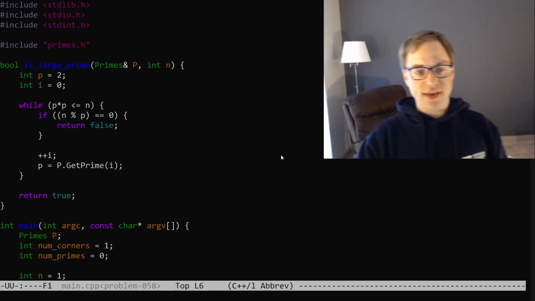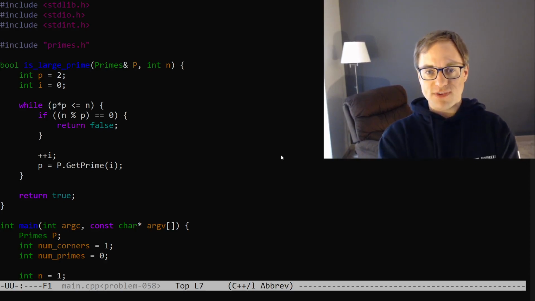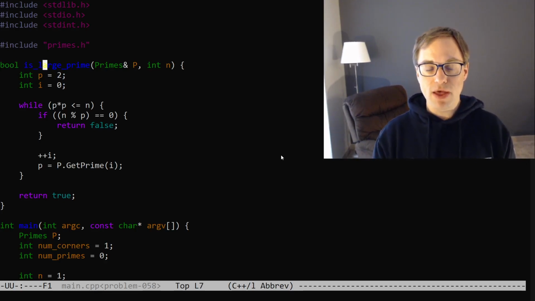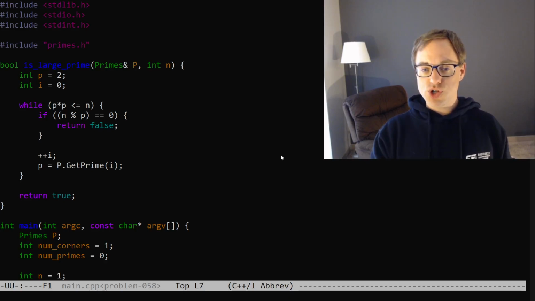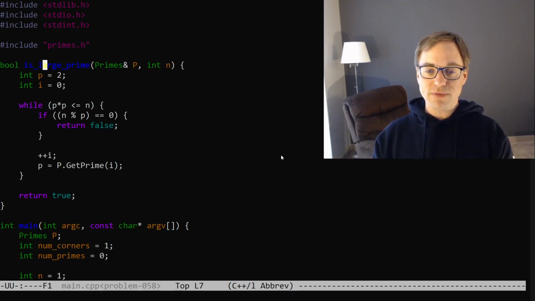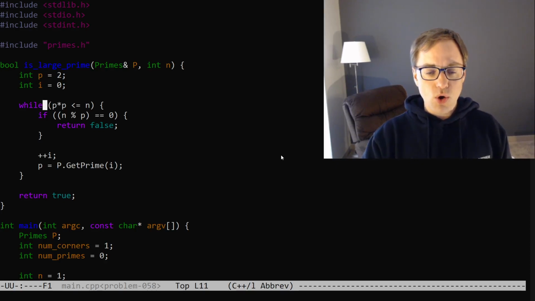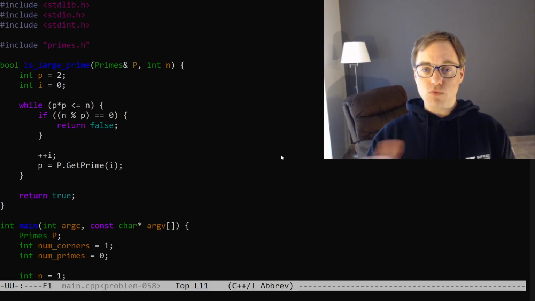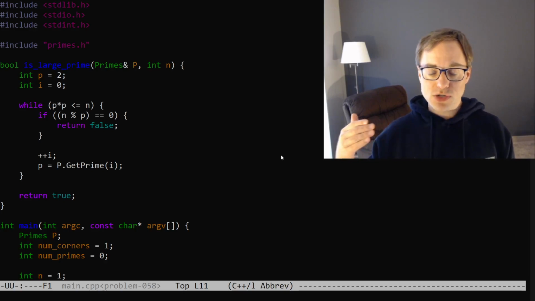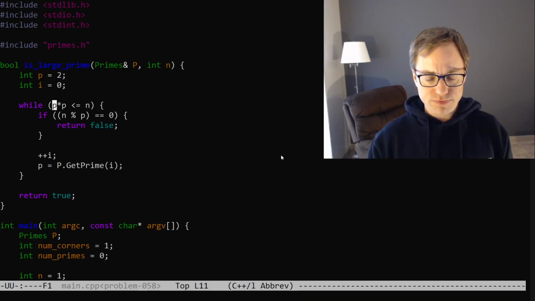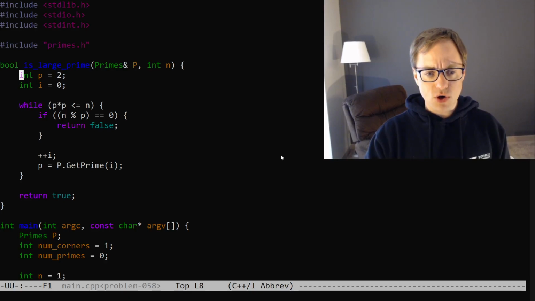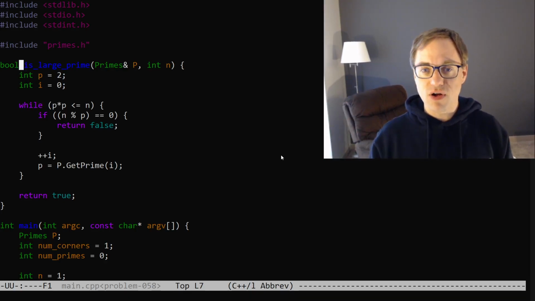Well, the issue is that when we ask our primes class to test a number to see if it's prime, if it doesn't already have the primality for that number cached, it will generate all the primes up to and possibly including that number to see if it's prime or not. But there's a much more efficient way of doing primality testing, and you can see it here. We only need to test up to the square root of the number in question, not up to the number itself. So why don't we just take this code and slam it into our primes class and call it a